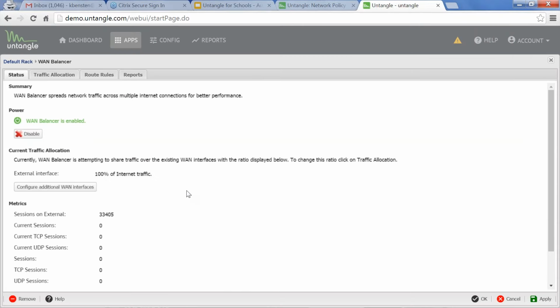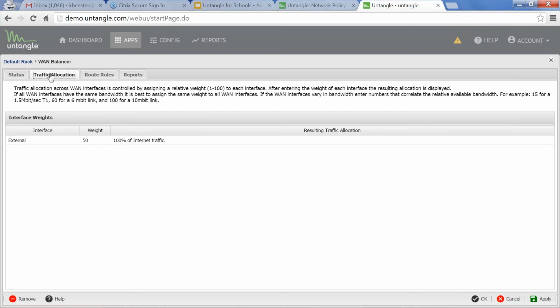If you want to do 50-50, you can do that. If you want to do your phone system on 30% of your network and the rest of your network traffic be on 70% of the second ISP, you can do that. Having the traffic allocation ability between multiple ISPs is great for those remote sites. And even if you're central in the city and you don't really have bandwidth issues or connection issues, still having the ability to balance traffic is great. So that's built in, as well as the failover. If one ISP does go down, the second ISP will kick in, and that's based on the setup rules that you have. If A happens, then B kicks in.